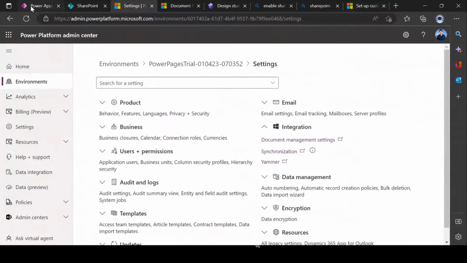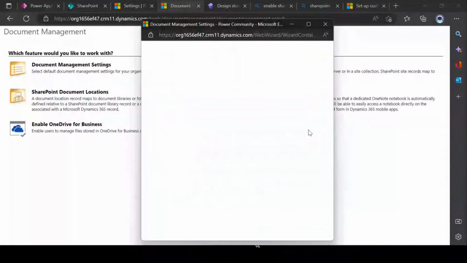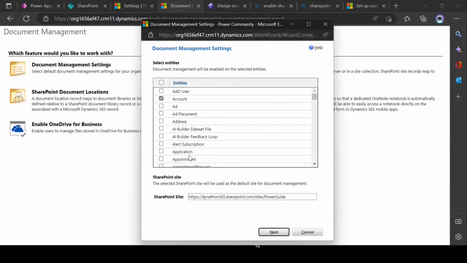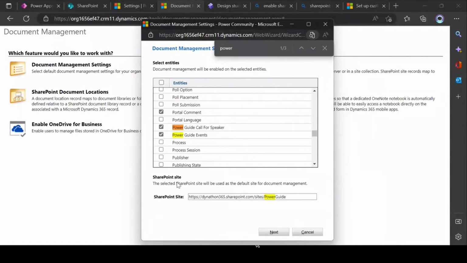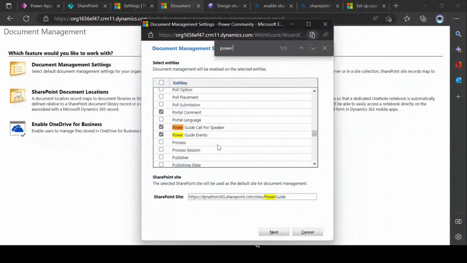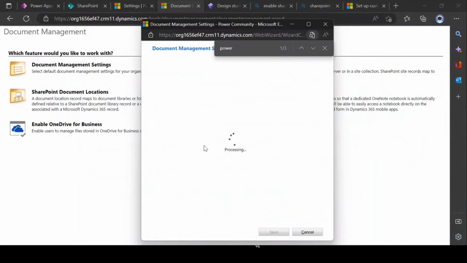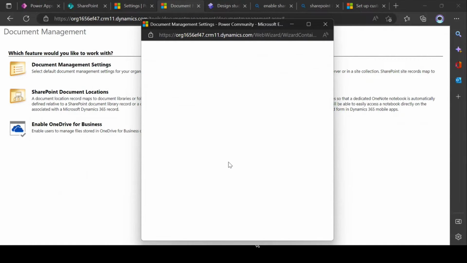So if I head over to the document management settings, once you enable that setting, you will see the table in this particular list. And there you have to find your table name called Power Guide for Speaker. Just check this option so that it will automatically enable the SharePoint integration or create the folders in SharePoint, and click next. Since I already enabled that, it's not going to create any new folder. So just uncheck it, click on next,